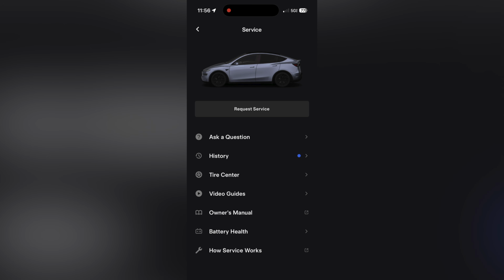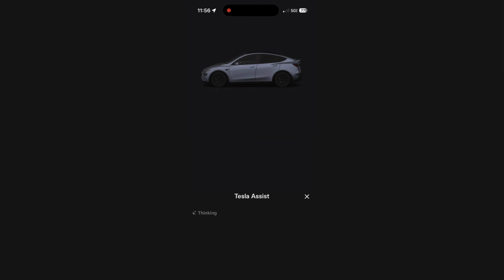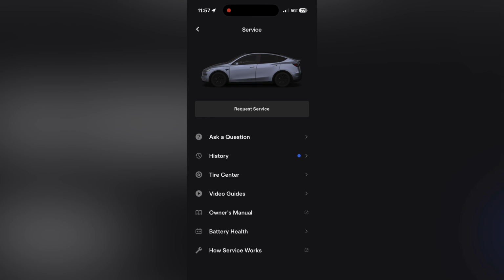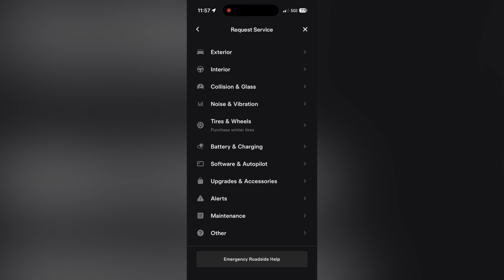You can also see the history of your appointments and then ask a question. This brings up Tesla's AI assistant, where you can ask certain questions about your car. Then one nice thing you will see here is that if there's anything maintenance-wise that is automatically popping up within your car, and when you click Request Service, it will pop up at the top there as one of those